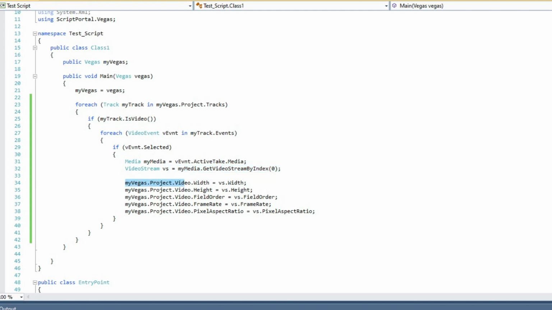And then we're going to change myVegas.project.video, and we're going to change several different pieces. For example, we're going to change the width, which we get from vs.width. We're going to change the height, which we get from vs.height. The field order, which we get from vs.fieldOrder. The frame rate from vs.framerate. And the pixel aspect ratio, which we get from vs.pixelAspectRatio. So all of those will be changed individually and manually. And so if we run this script,